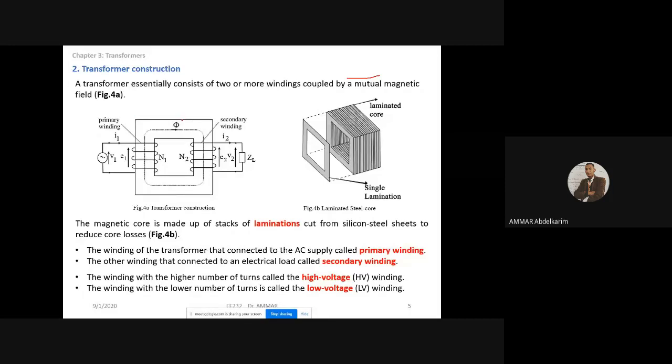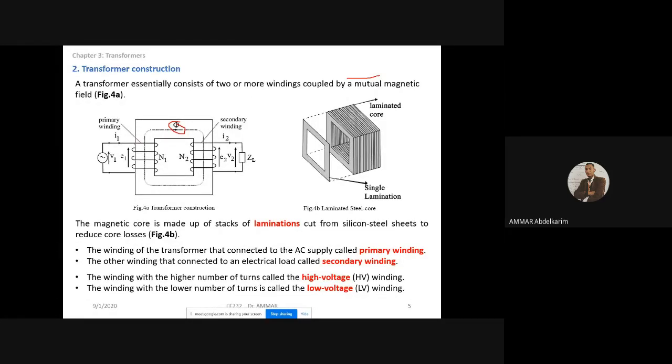So the flux here in the core is the flux of both coils or windings. There may be more windings in the three-phase transformer, but here we are going to focus on the single-phase transformer coupled by a mutual